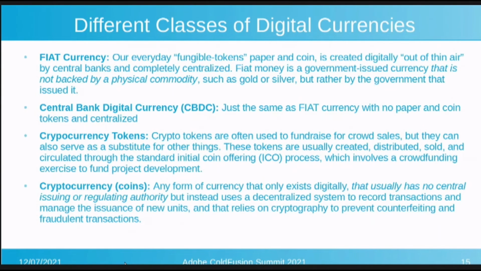It's completely different. So for cryptocurrency, there are two kinds: tokens and coins. Tokens are often used to fundraise, and there's also this concept called ICO, which is initial coin offering. Typically cryptocurrency tokens are used to fund those launches, and then they're redeemable after the event. And for cryptocurrency coins,